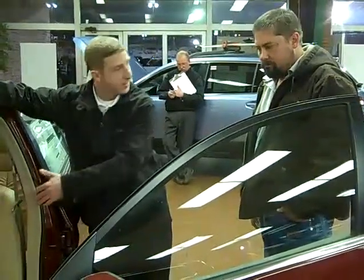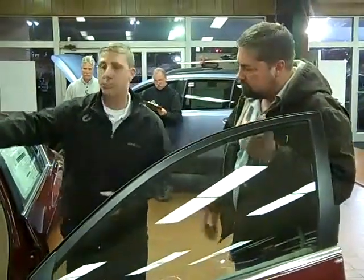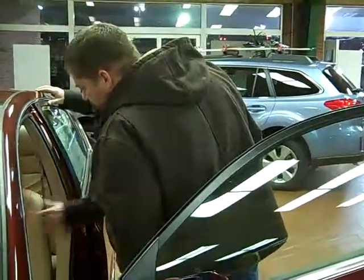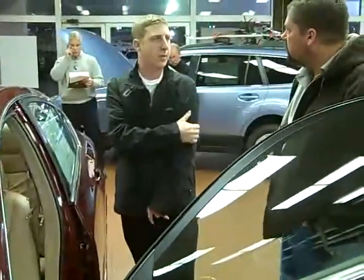These are mounted into the seat, so regardless of sitting forward, back, up, or down, they're sure to go off in the right spot. Like a side curtain? No, well, we also have a side curtain. We have side curtain airbags for all outboard passengers, but what I was talking about was a seat-mounted airbag that just deploys out of the side of the seat,